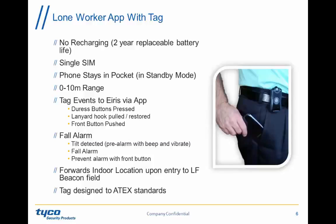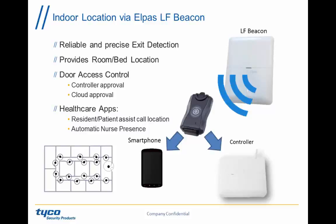The indoor location, again, is received by the tag by receiving LF beacon messages, and the tag can be used in relatively volatile environments for the oil and gas type of applications. Indoor location by LF beacon: if the tag arrives near an LF beacon, the range could be adjusted anywhere between 0 and 5 meters and is very accurate. The tag listens every 250 milliseconds, and as soon as it enters that field, it transmits both via BLE to the smartphone app, i.e. to the lone worker app, which goes back to Iris, and it's also transmitting in the Elpas 433 megahertz protocol,